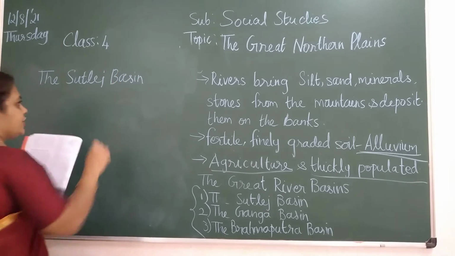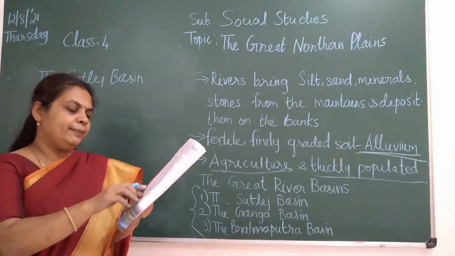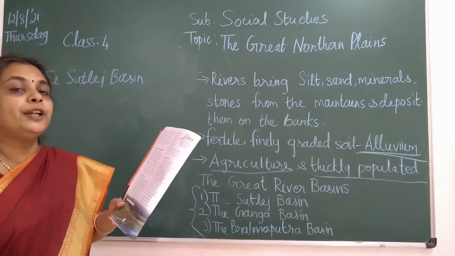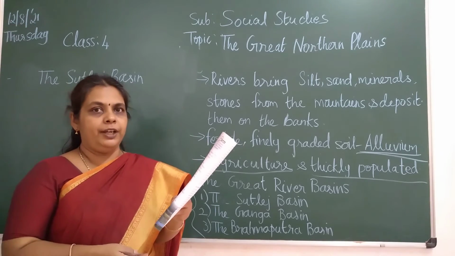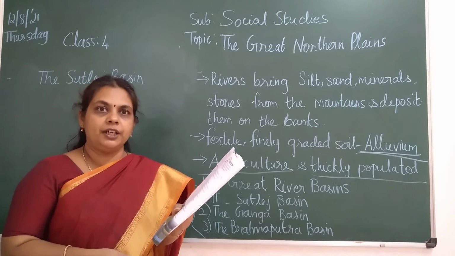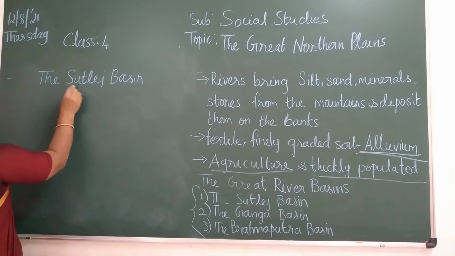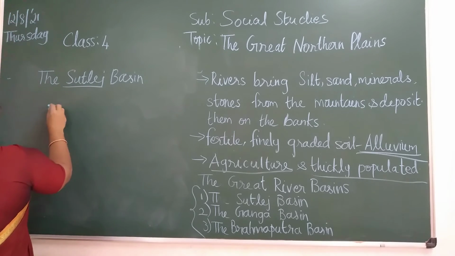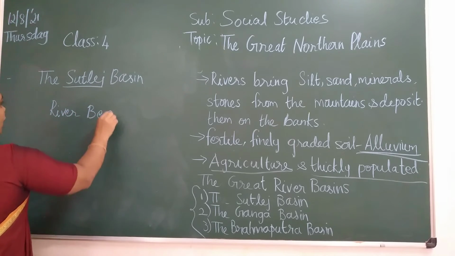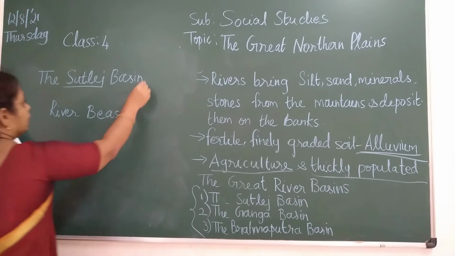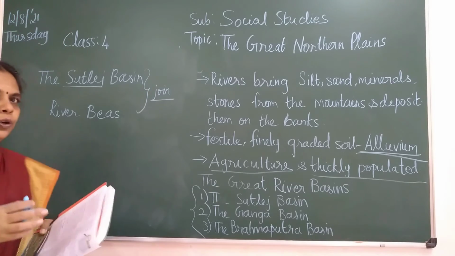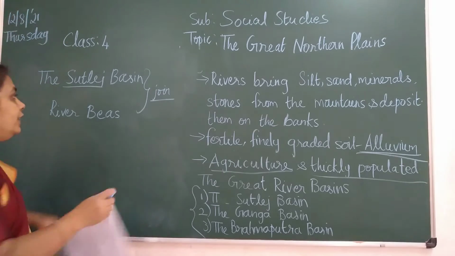The northwestern part, children. So that is your Punjab. It is flowed through by the river Sutlej and its tributaries. It originates in Tibet, children, and then one more river also flows, that is the Beas. One is the Sutlej river and another one is your Beas river. This one also flows through Punjab. What happens now? These two rivers go to Pakistan also, and they join